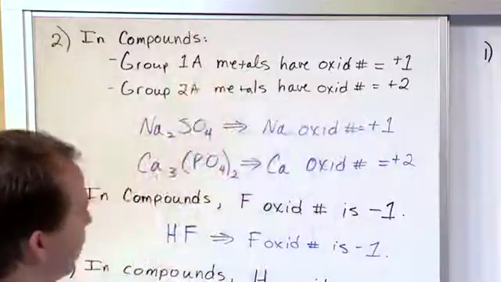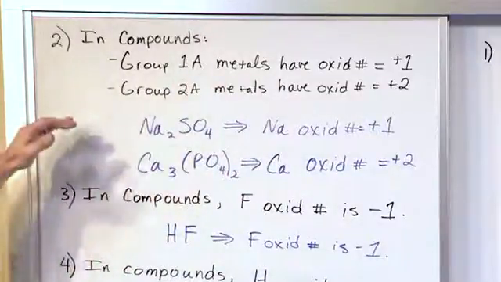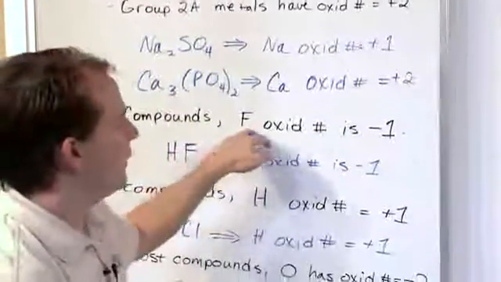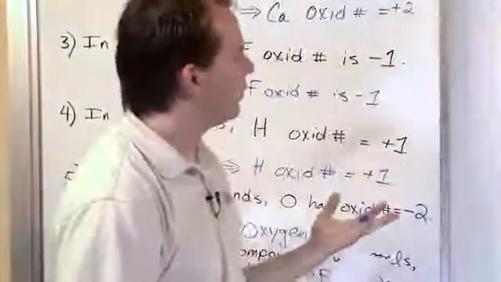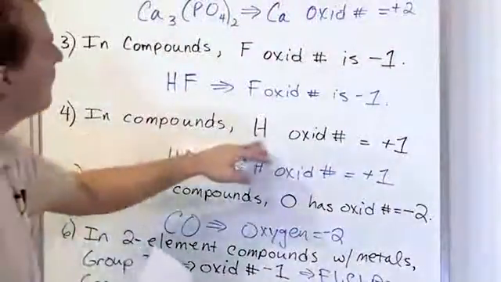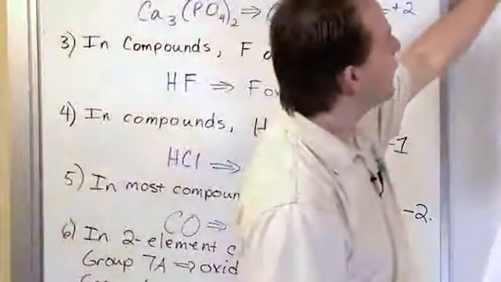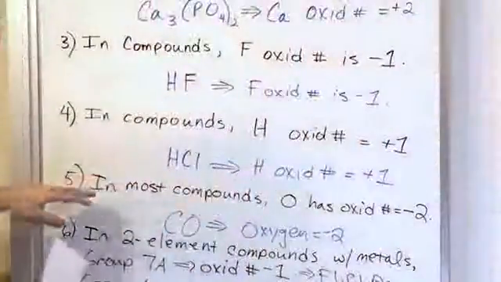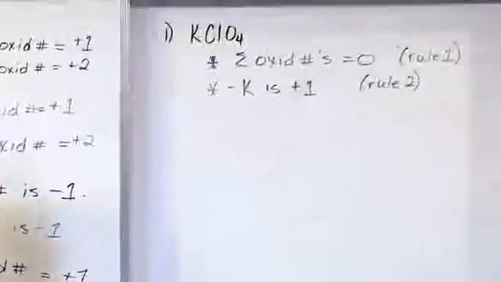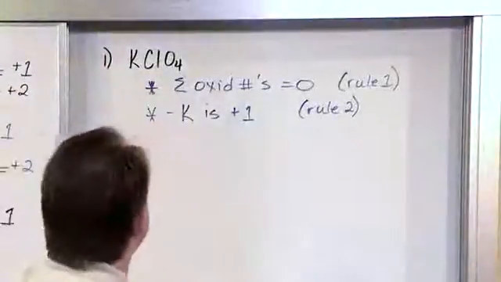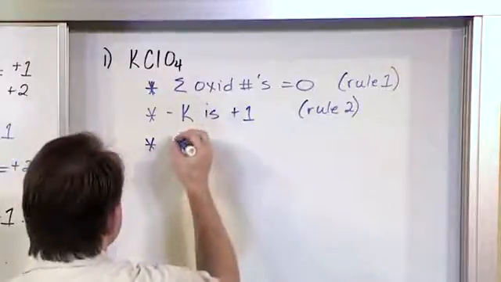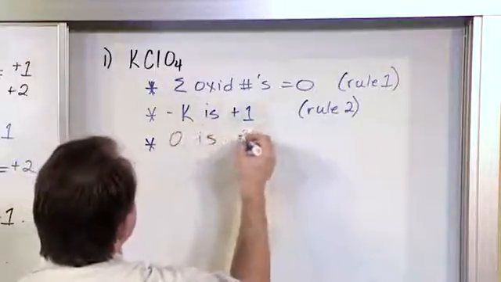I don't have anything like that in there, so I skip over that. Let me go to step number 3, or rule number 3. Do I have any fluorine in here? I look and I don't have any fluorine in there, so that's not a big deal. Then I look at number 4. Do I have any hydrogen in here? I don't see any hydrogen, so that doesn't apply. I go down to number 5. Do I have any oxygen in here? And oxygen would be a -2. I do have oxygen in here, so I put a little asterisk and then I say the oxygen is -2,